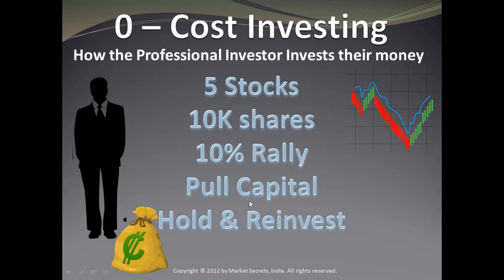So over the years, 60 to 80 percent of the stocks in this portfolio will generate an average return of 8 to 15 percent year on year, and 10 to 20 percent of these stocks would go to zero. But the remaining 10 to 20 percent of the stocks would be the real kingmakers. They would be the multi-baggers, which would be generating tons of wealth for the professional investor. And like I mentioned earlier, this can be repeated not only in stocks, but in any other instruments like bonds, mutual funds as well.